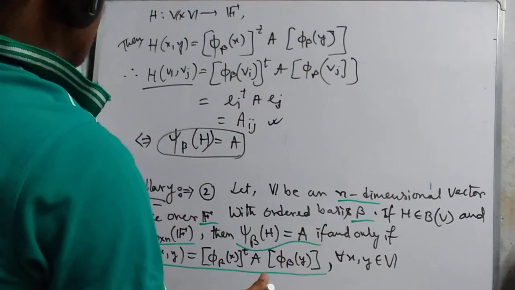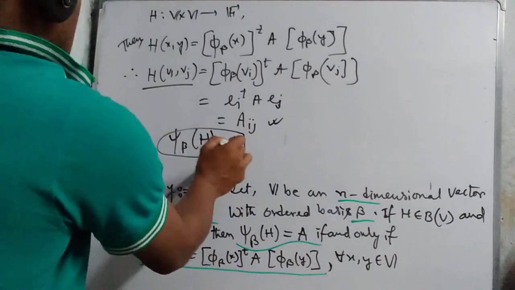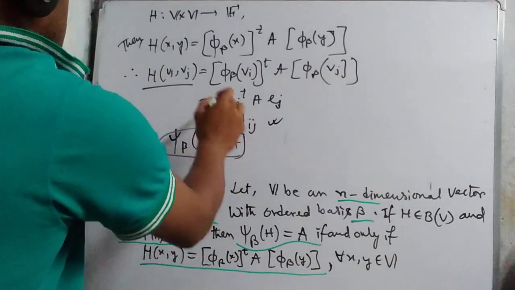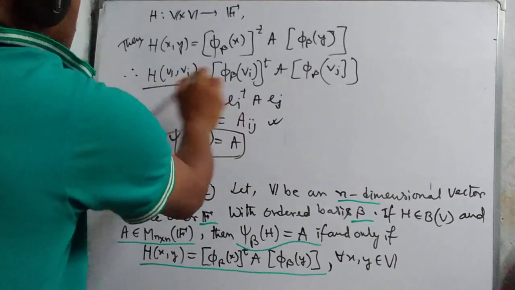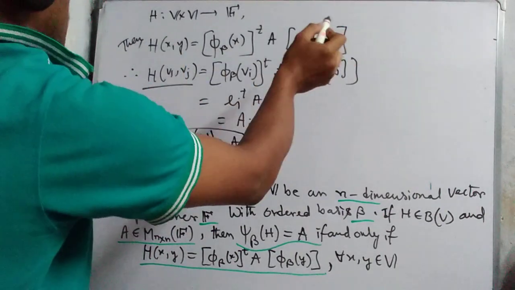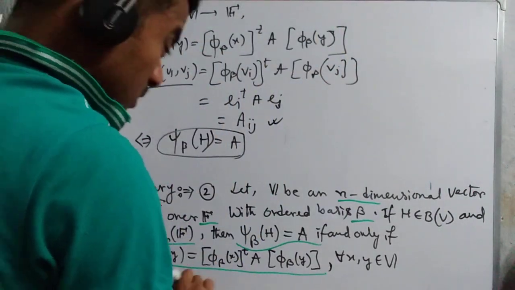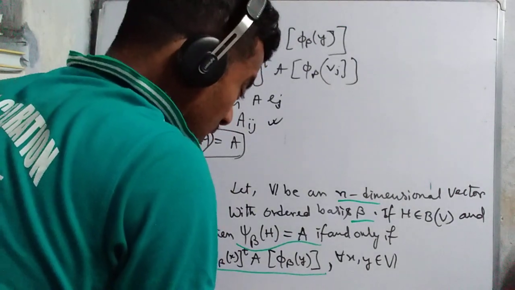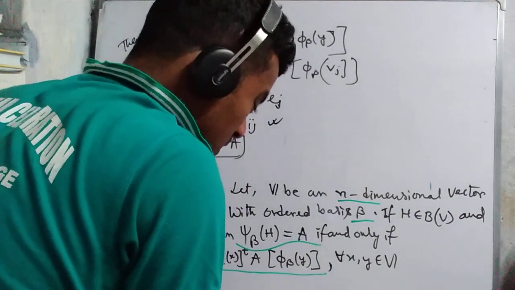Understood? That means if this one happened, then this one is equal to a_ij, so h of xy equals this. Since v_i and v_j are arbitrary, this holds. Okay,